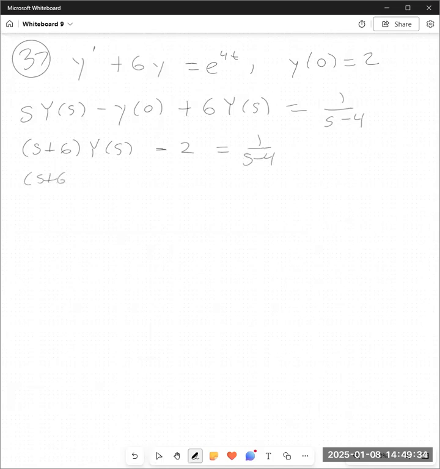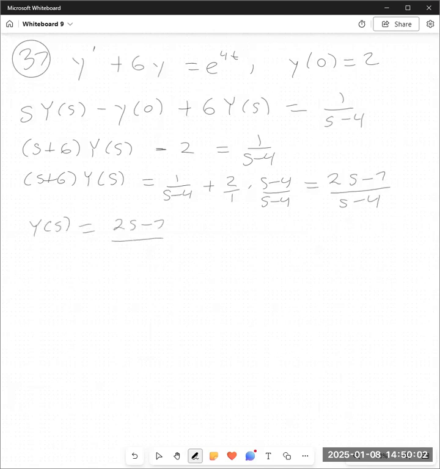S plus 6 times capital Y of s is equal to 1 over s minus 4 plus 2 over 1 times s minus 4 over s minus 4, which is equal to 2s minus 7 over s minus 4. So capital Y of s is equal to 2s minus 7 over s minus 4